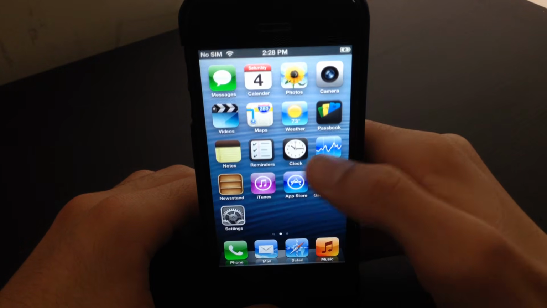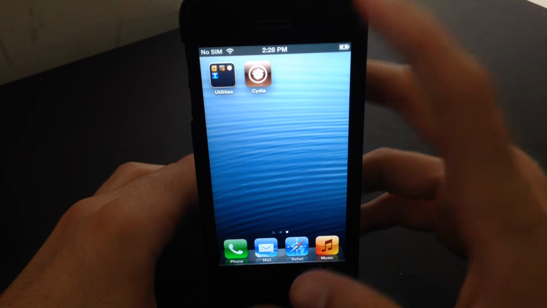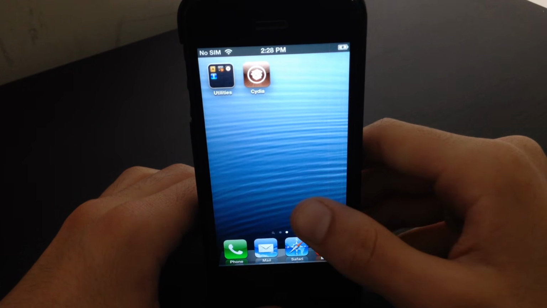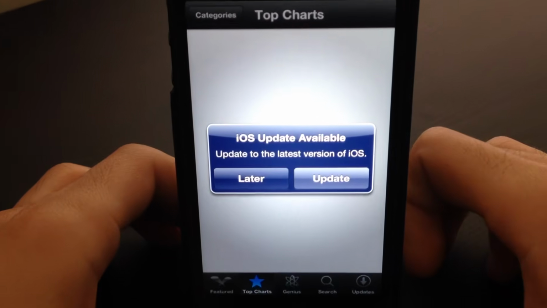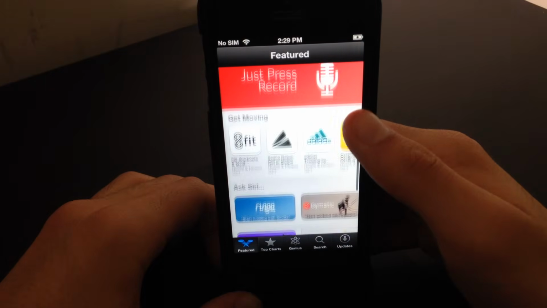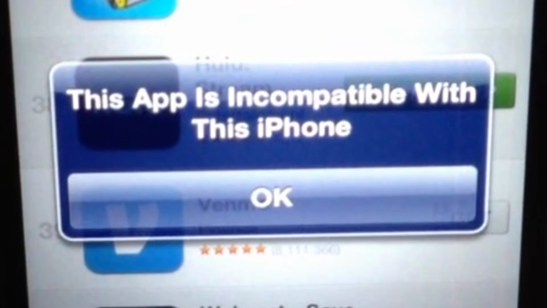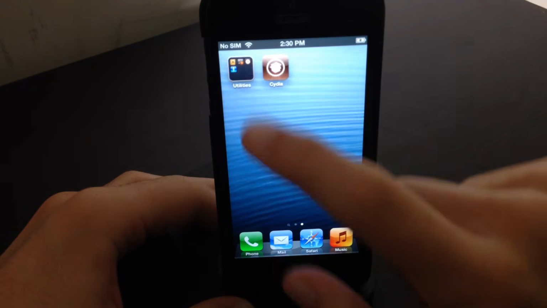Alright, so before we do anything, we need to be jailbroken. This is honestly required. We have no other choice if we want to restore any legacy functionality back into iOS 6. I'm just going to show you what happens if we try and download anything from the App Store. Yay! Now that I've demonstrated that no apps will download in iOS 6,